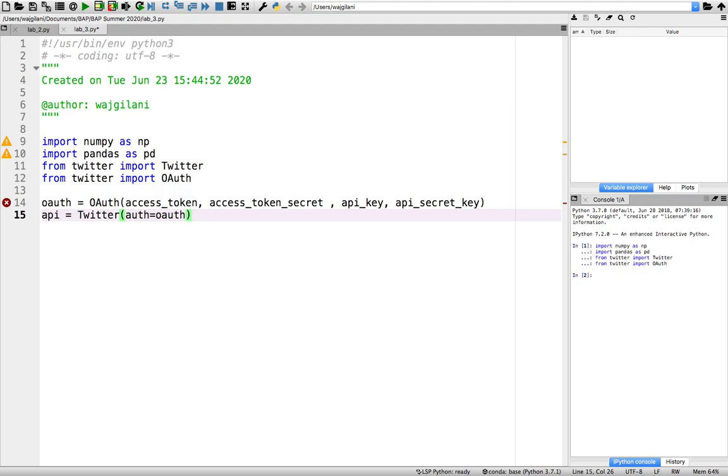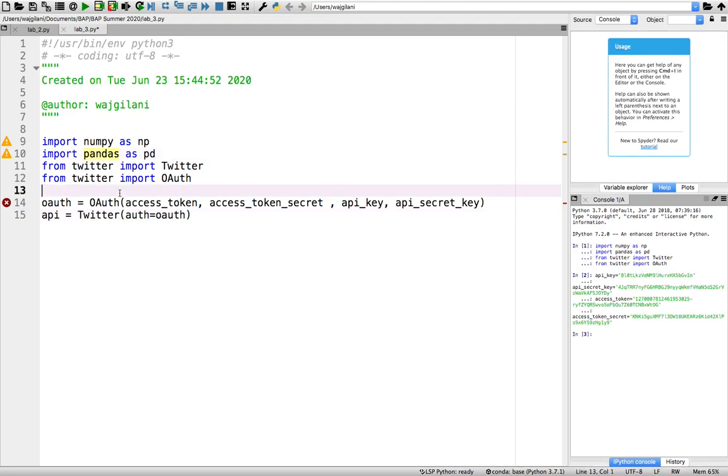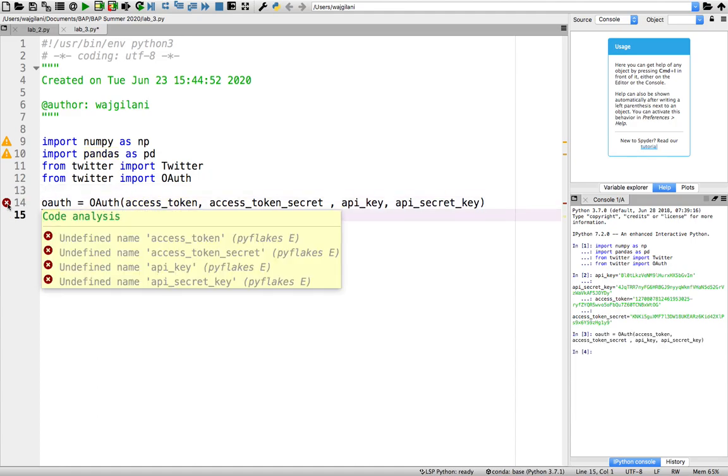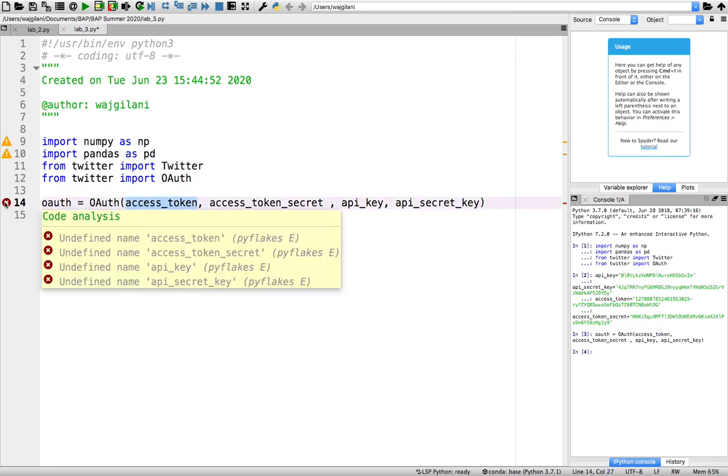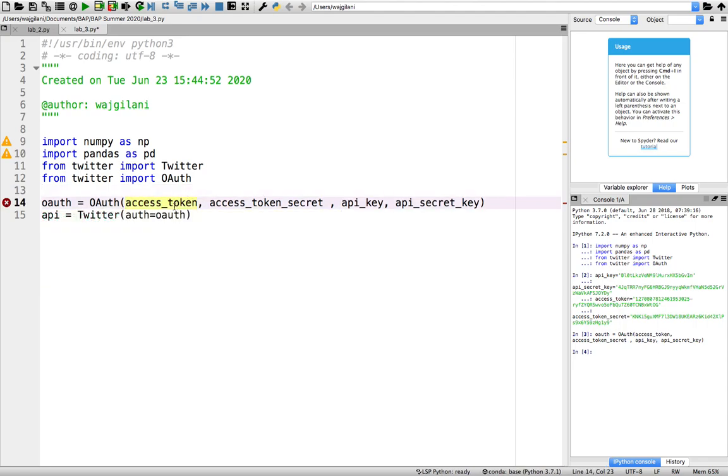So let me pause the screen for a second. And now this should work for me. So if I run this, I got no error. You have a red X there, an error, because it's saying, hey, where's this variable? Where are they? I ran them off the screen, so I didn't put them in the same file. I should put them in the same file, but